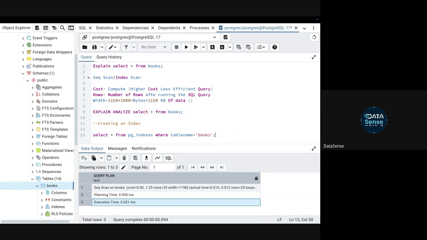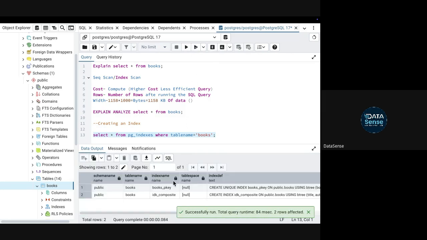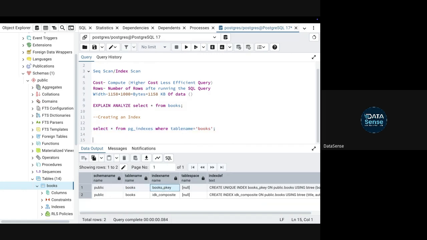Okay, so there are some indexes already present. You will see schema name, table name, index name. So I can simply drop, I'll say drop index, and I will call it idk_composite.